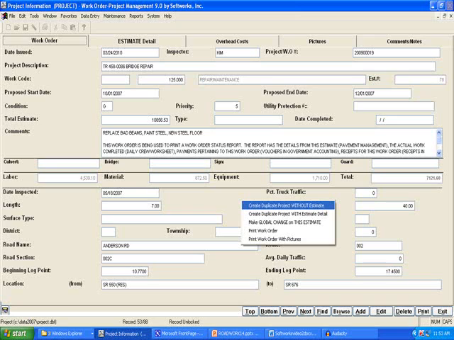Now, if we click back on the Work Order tab, we can see the total estimate for the project and the total cost of labor, material, and equipment. Right mouse click from the Work Order page will display a pop-up menu that will allow you to create a duplicate project without the estimate detail, to create a duplicate project with the estimate detail, or make a global change